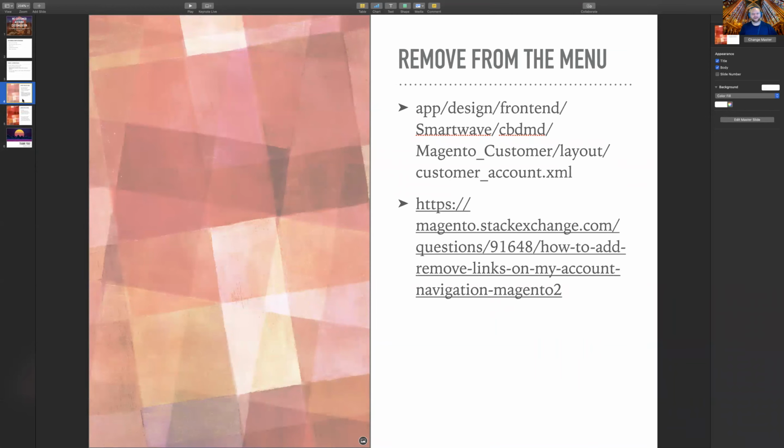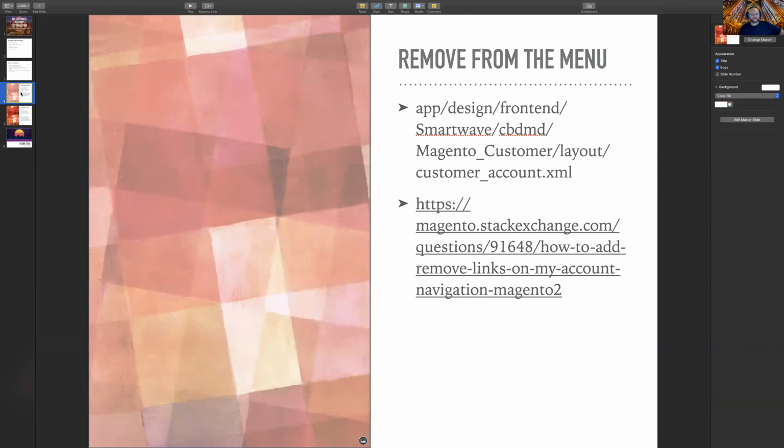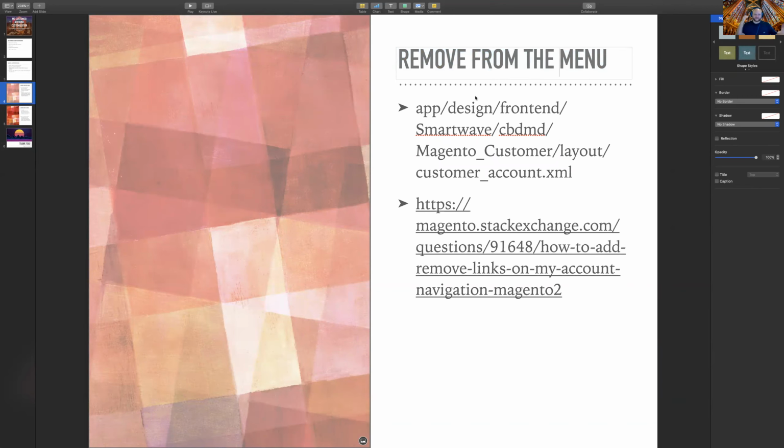So the next thing we're going to talk about is, now that we know where the files are, we're overriding the customer account section. This is a task that for sure you'll get as a front-end developer, even probably back-end developers get this task. You've installed Magento, and somebody has looked at the account section for logged in customers and they go,